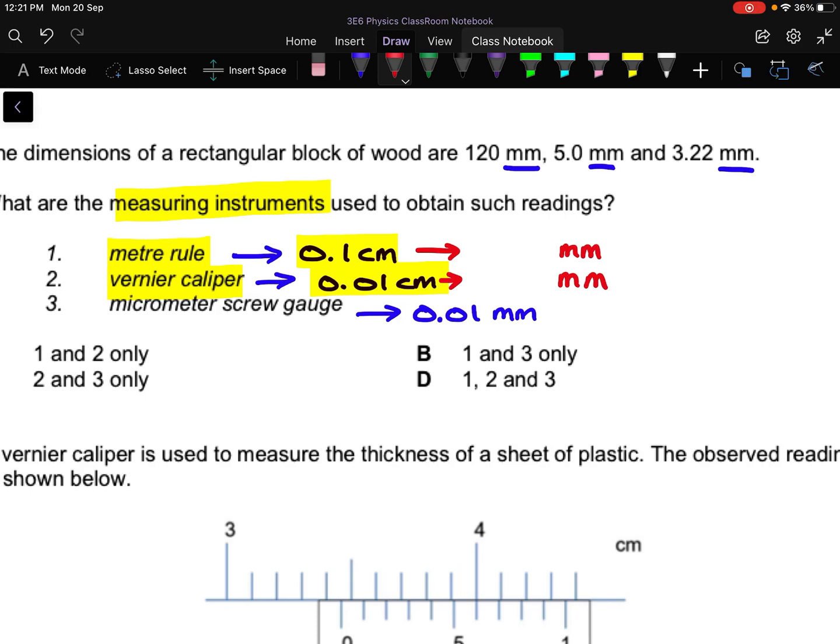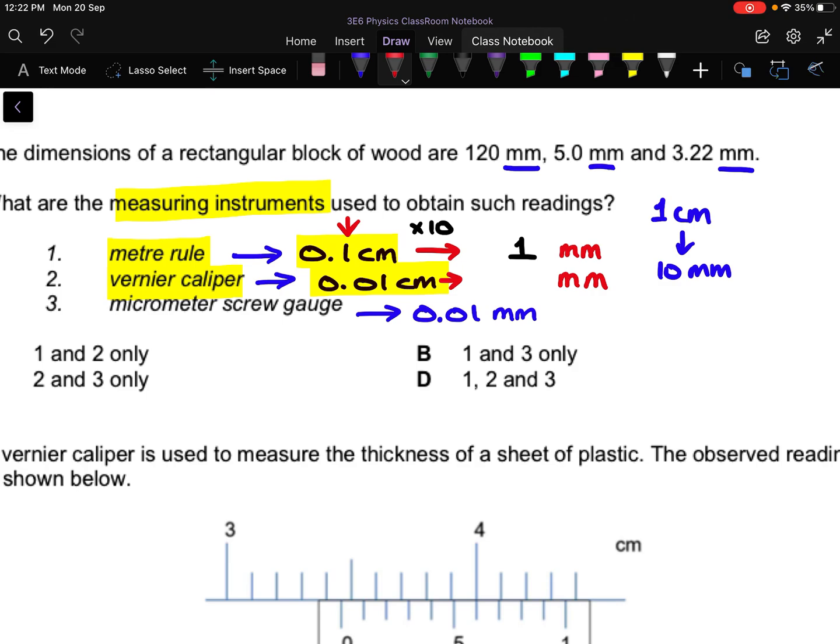So for example, when you want to change cm into mm, right? 1 cm basically is 10 mm, right? So technically what you need to do is you just need to multiply by 10 here. So when you do that, you need to keep to the same SF. So down here, when you do that, you will find that your meter rule can only read up to 1 mm. Okay, because your equipment,